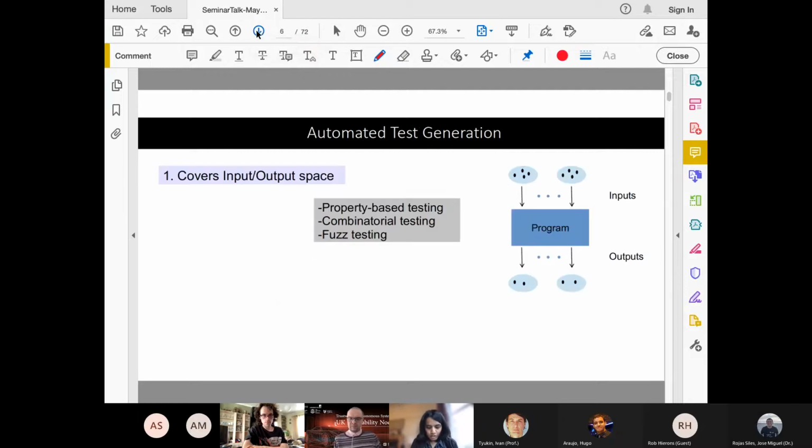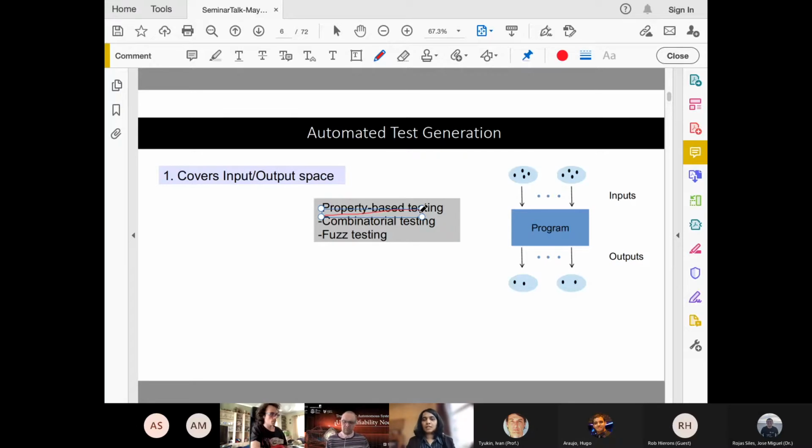So how do people do input generation? Typically, you want to try and cover your input and output space in a clever way. Like I told you before, it's not possible to do it exhaustively. So traditional techniques look at property-based testing, which is how do I make sure I've tested my specification and requirements as thoroughly as possible? Or how do I partition my input and output space using those specification and requirements, and